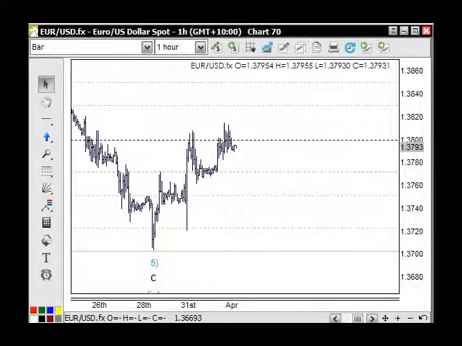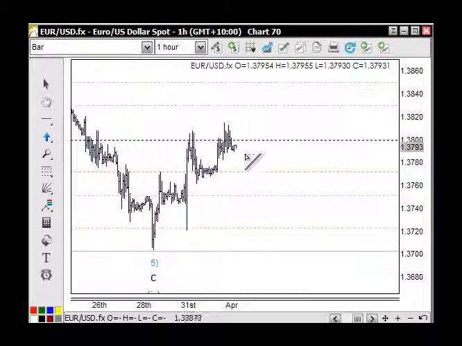Welcome to the Forex, and look here we're looking at the Euro US, and we'd been looking at this yesterday for a move even higher. What we can see now is that we've got an impulse wave here. An impulse is 5 waves, 1, 2, 3, 4 and 5, and after 5 waves comes a corrective wave in